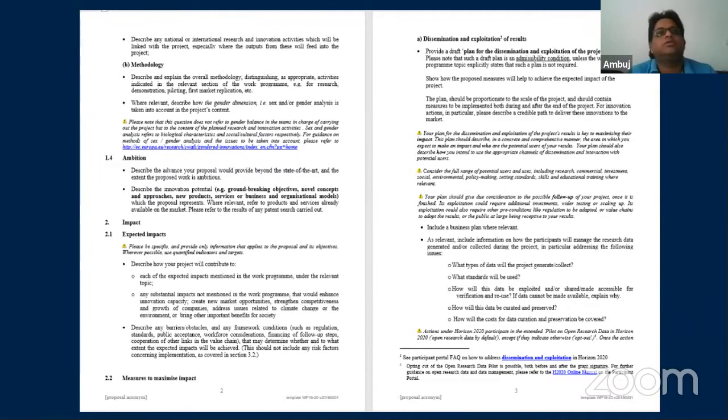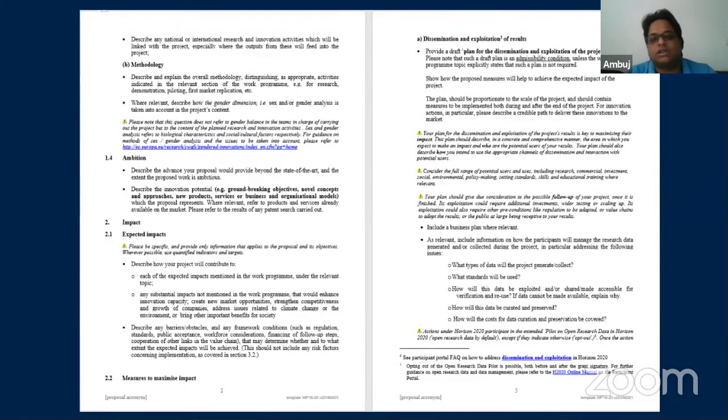For other dissemination activities, when you want to reach the public, you can make a website, because most projects have their own website with all the information. They create it for dissemination. They also carry out workshops and conferences. This is also a methodology to carry out dissemination activity. This is just an example of how you do the methodology.